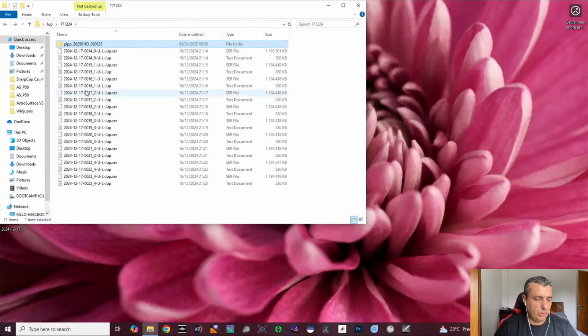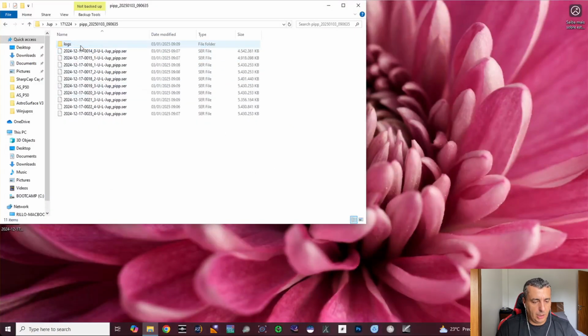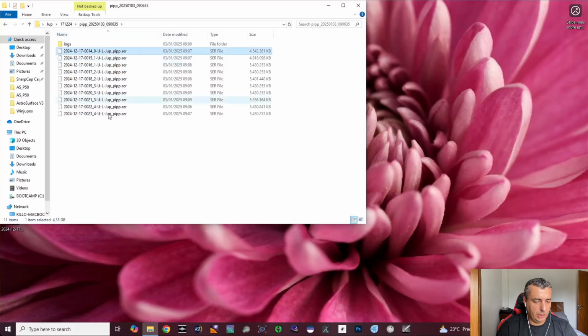Just finished. As I said, there's a new directory called PIPP, and all the 10 files are here, using the same .ser extension. The next step is now the stacking process. So I'm going to use